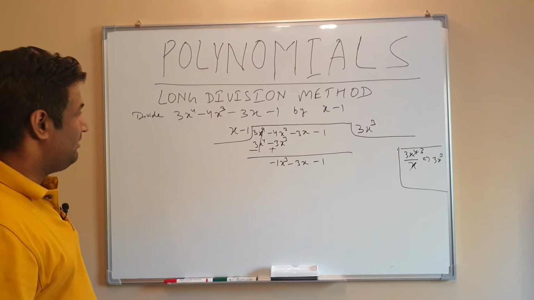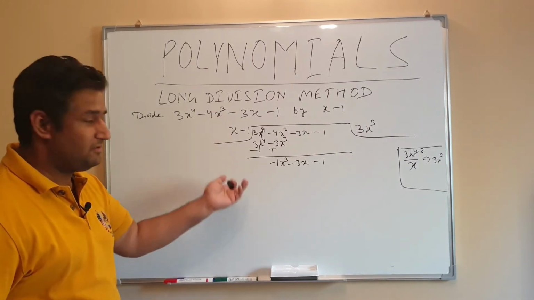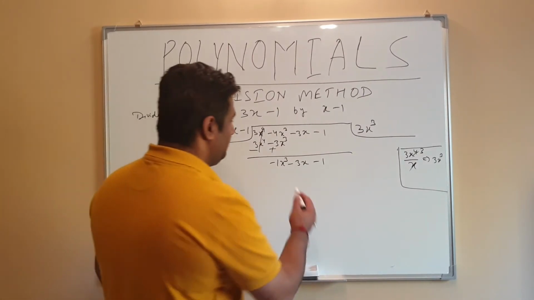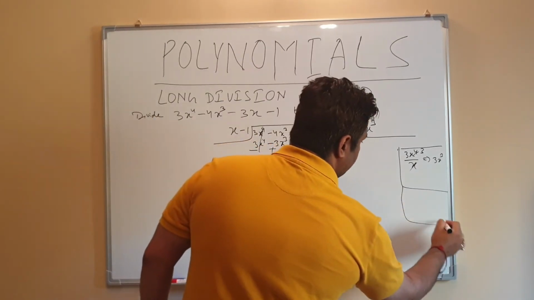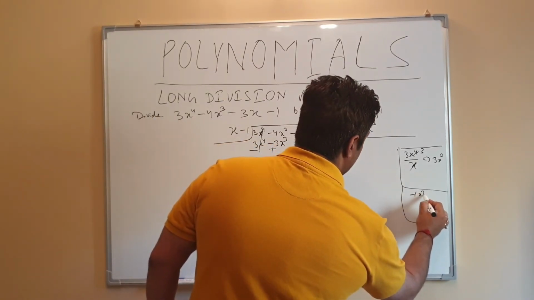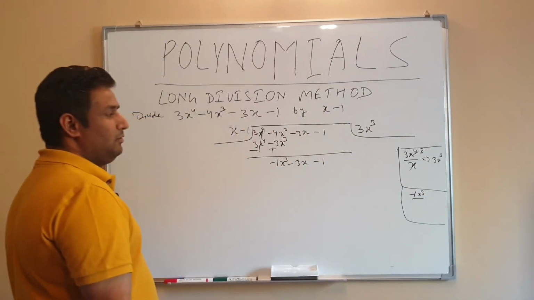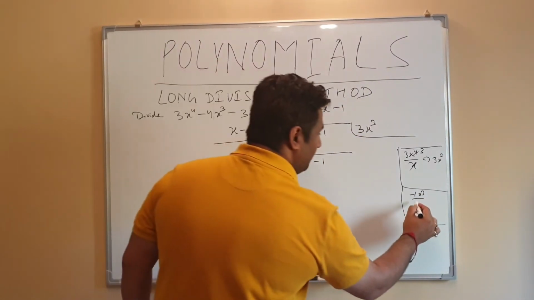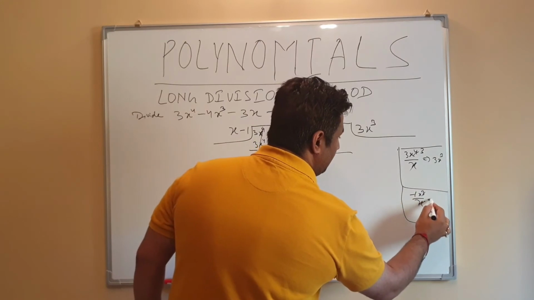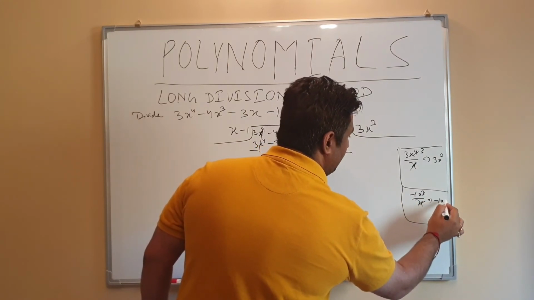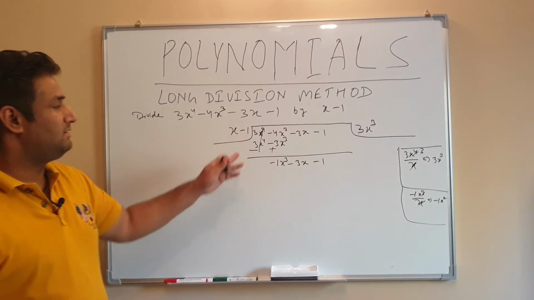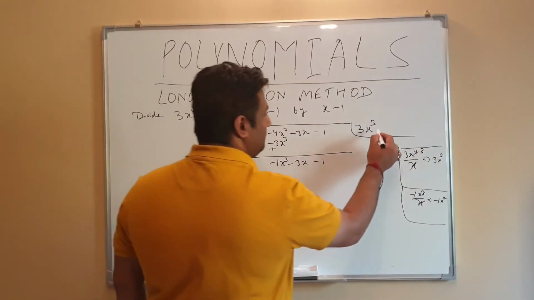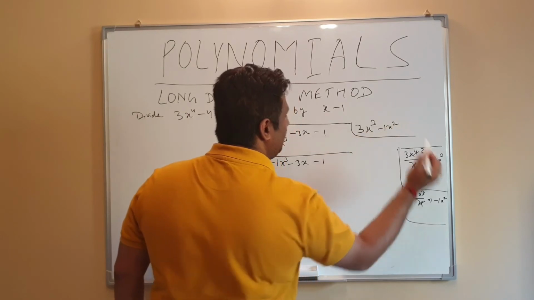Okay, now again you have to multiply x by which term? So for that, the same method, the first term here, which is negative x cube, over the first term here, which is x itself. So if you just divide it, you'll get negative 1 x square, right? So basically we have to multiply this term by negative 1 x square. So we'll just write negative 1 x square.